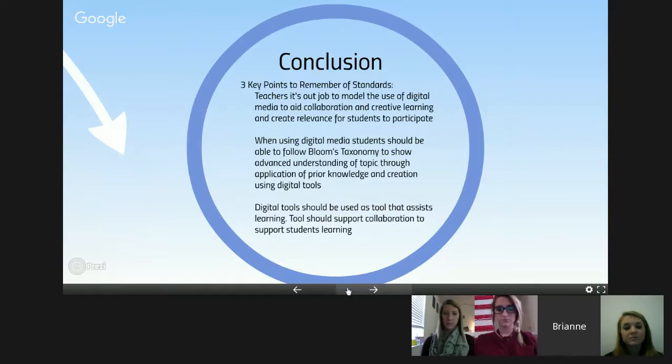And then using digital media for students should be available to follow Bloom's taxonomy to show advanced understanding of the topic through application of prior knowledge and creation through digital tools. So being able to show that Bloom's taxonomy of applying their knowledge through digital media to show their understanding of